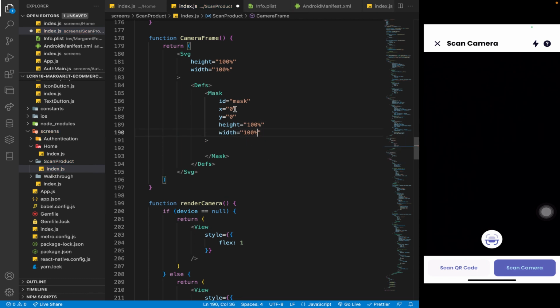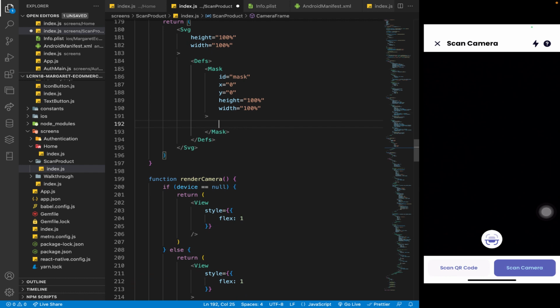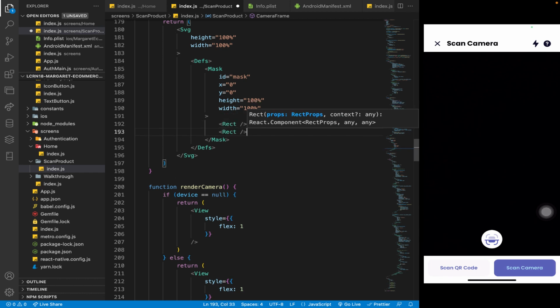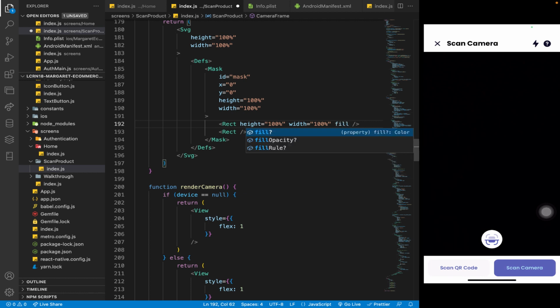So basically our mask will take up all the available space of our SVG container over here. Okay, so within our mask component, we are going to render 2 different rectangle components. So rect over here, we need another rectangle component over here as well. So for the first rect component, I'm going to set the height to 100%. I'm going to set the width to 100%. And I'm going to set the fill to